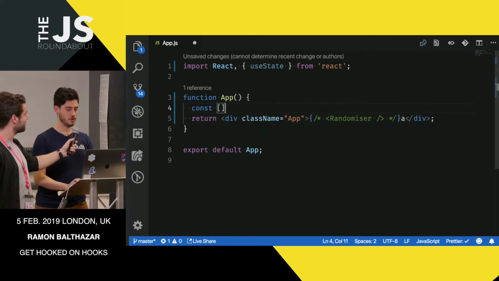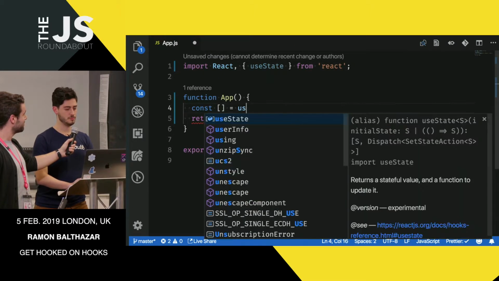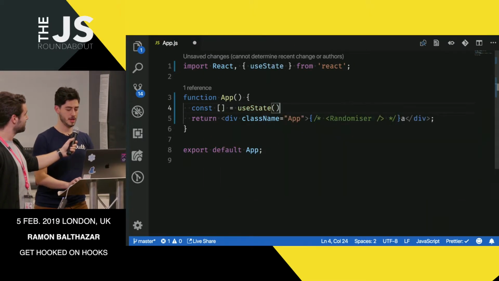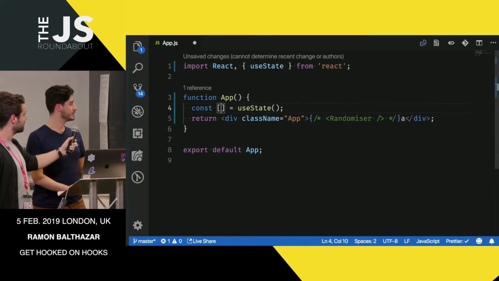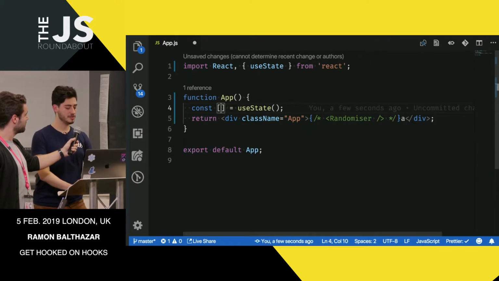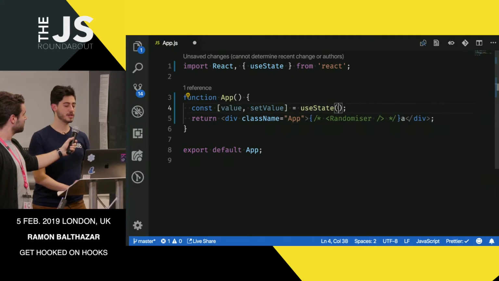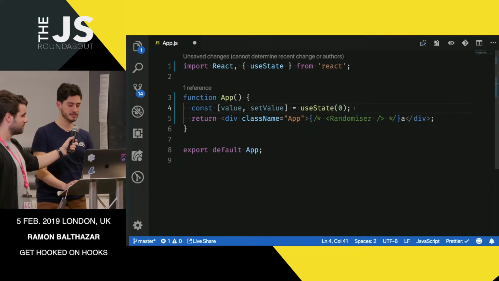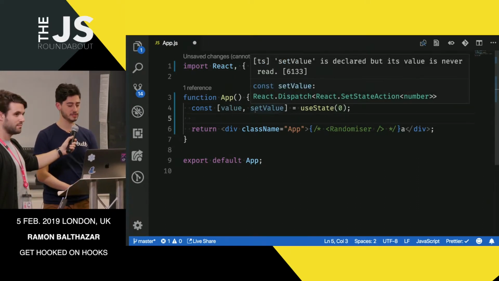You call it here, and it returns you a tuple, which is an array that you know the shape of, with your value and a function to set the value. And you can set here the initial value that will only be accessed on the first render of the component.